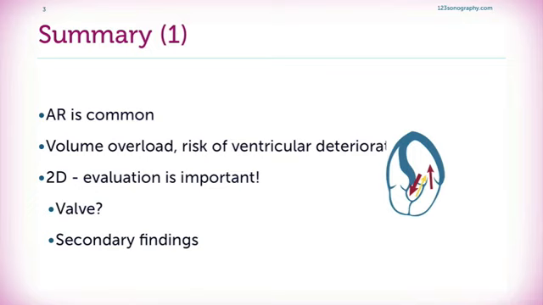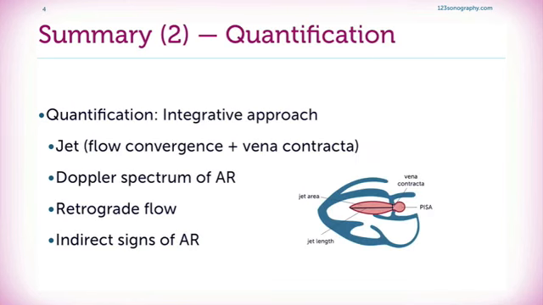If we evaluate these patients, we have to first look at the 2D image, especially the valve itself, the morphology of the valve, and the surrounding structures, and to also look at secondary findings such as the dilated hypercontractile left ventricle. With respect to quantification, it's very important to always use an integrative approach, to look at the jet, especially